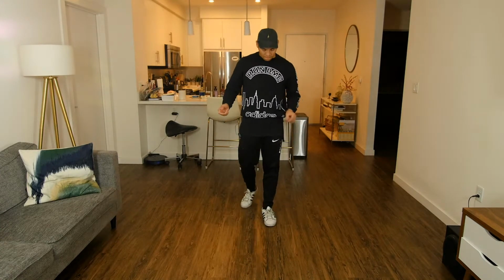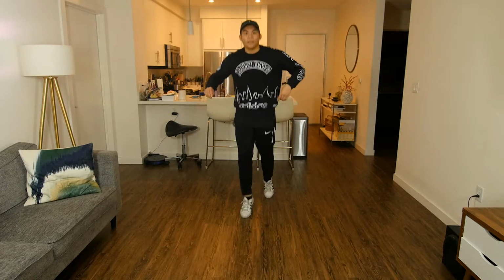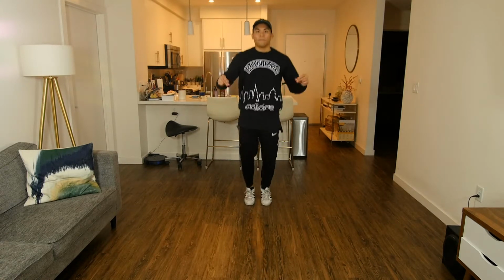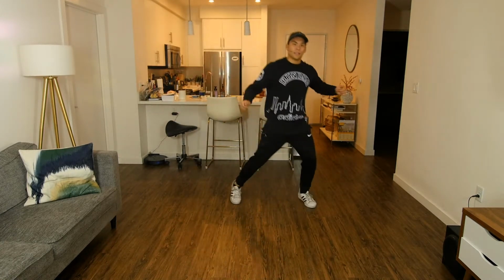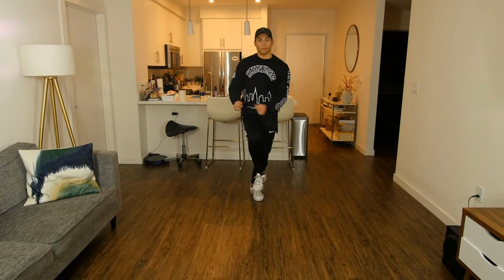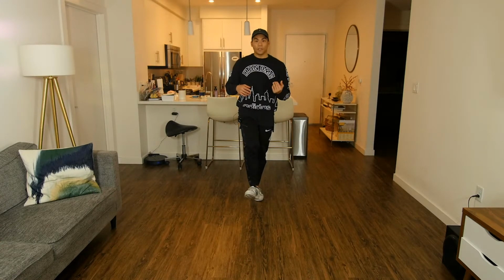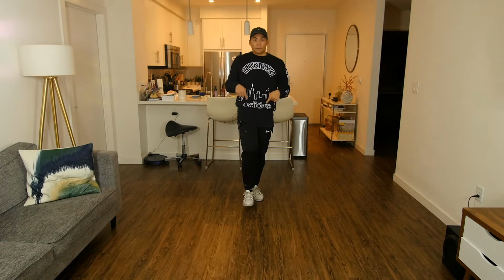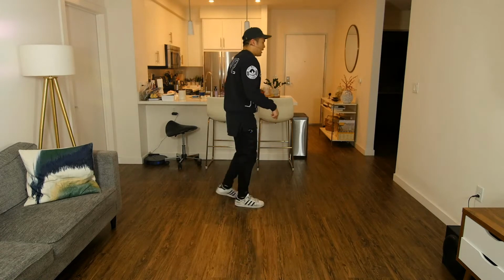Okay, so 5, 6, 7, 8. This goes 1, 2, 3, 4. Switch and double bounce and right, over, left, over. 1, 2, 3. 1, 2, 3. Okay, so from here, I'm gonna utilize a different technique. Instead of going towards the direction I'm going, I'm gonna keep it in my center leg. So if I'm this way, instead of going towards my left leg, I'm gonna use my right leg to come down,